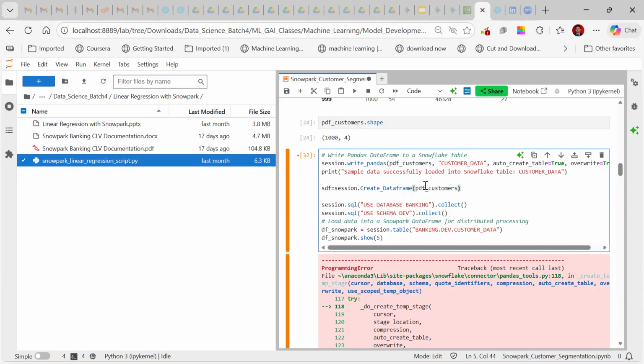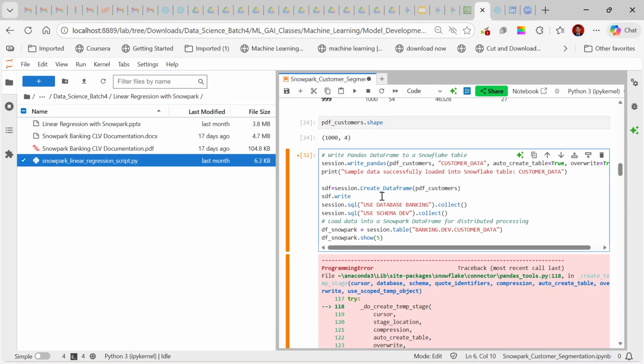Snowpark data frame dot write dot mode. Wait, write dot mode. Right, this is save as table also, right? We can use that also.